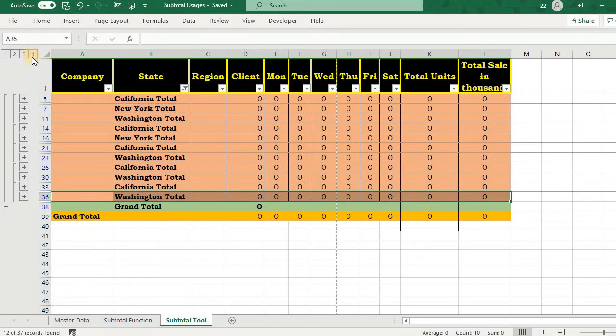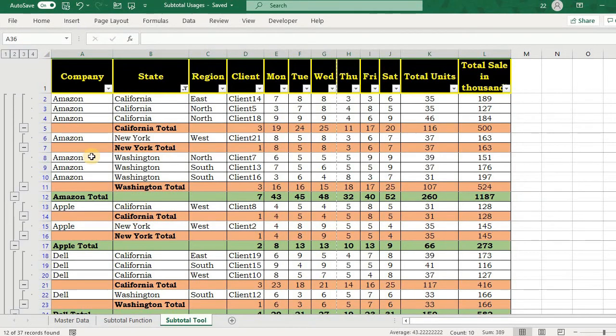So now we will go to report number 4. Now you can see this is looking so beautiful, and you have subtotals, Amazon, then California. You can even apply one more subtotal, as many subtotals as you want, like east north bifurcation. You can get that as well. Now if it looks clumsy with these 1 2 3 4, I would like to say these things won't be printed. You can see there are some groupings here. These are the groups that Excel has automatically created.